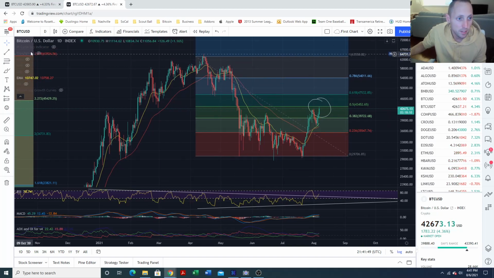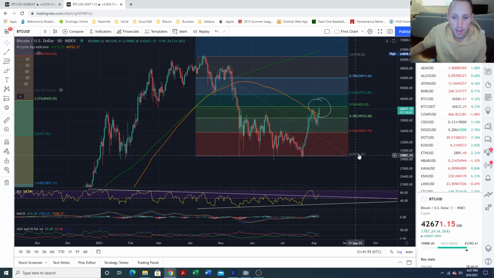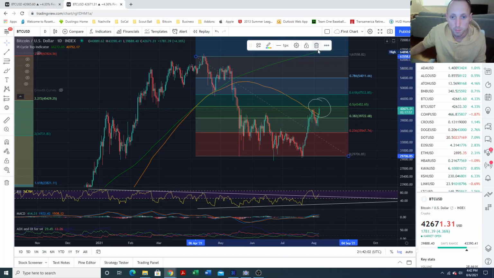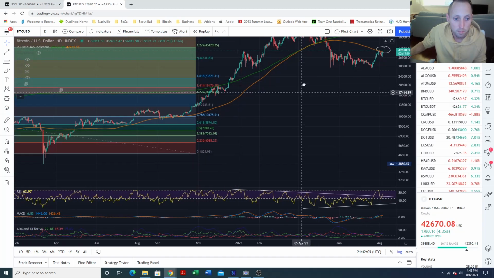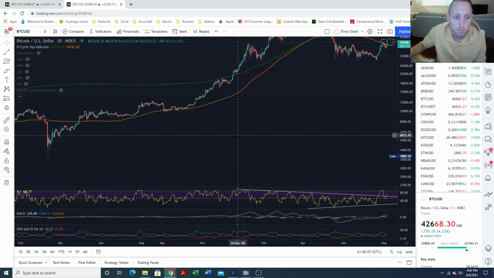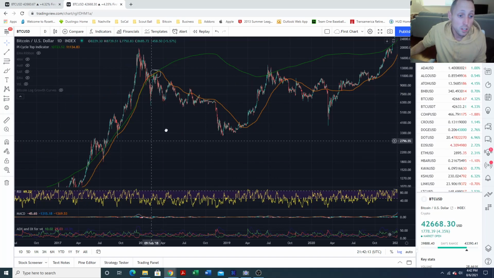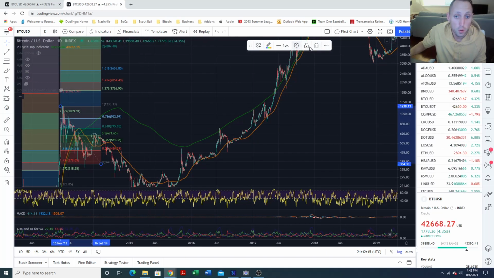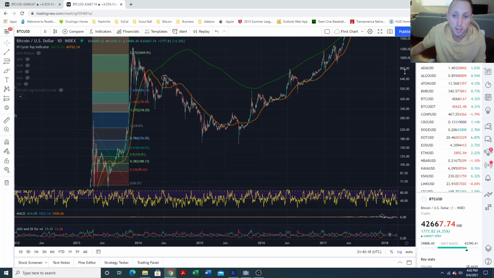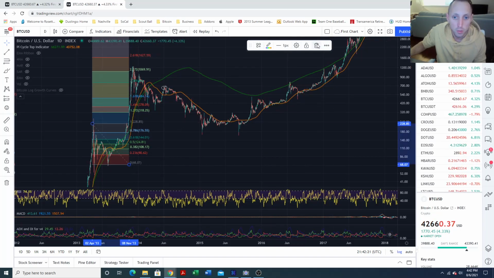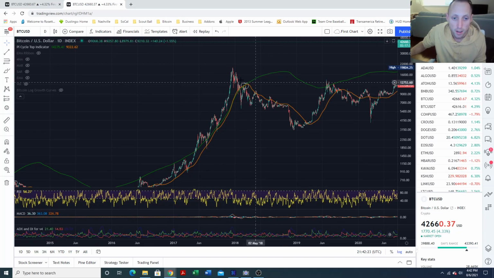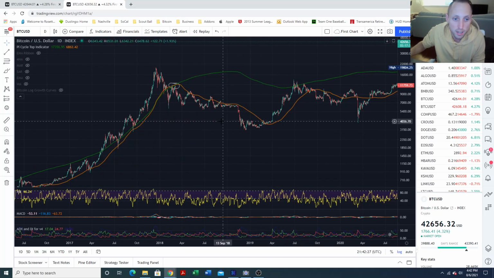Another indicator that I'm seeing that doesn't really get talked about much anywhere is the Pi cycle top indicator. So I'm going to get rid of some of these charts. I'm going to get rid of all of these fib levels. Now this is a chart that really is only used for Bitcoin. And it was created prior to the recent all-time high of 64K. It was used off of data in the past to find an indicator.